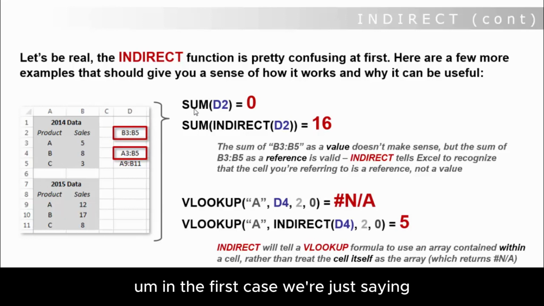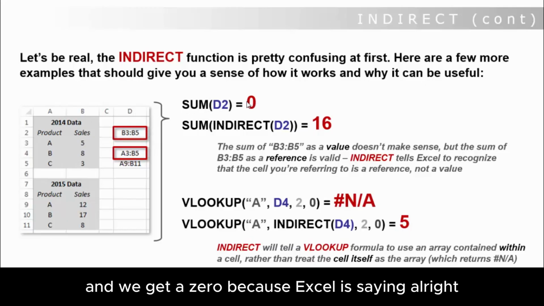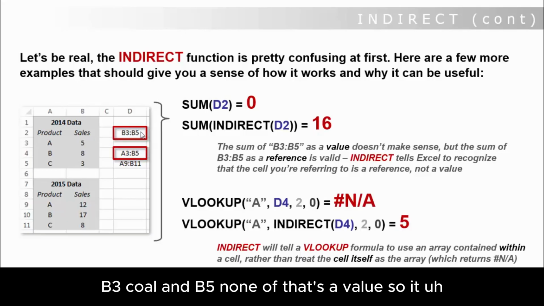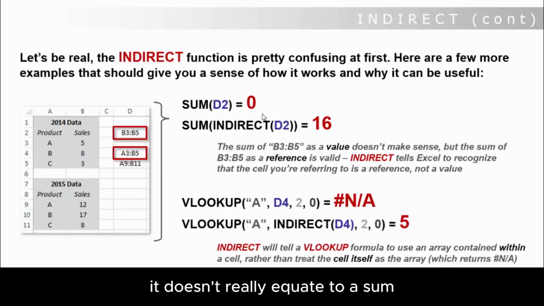In the first case, we're just saying, what's the sum of cell D2? And we get a 0 because Excel is saying, all right, well, D2 just contains a bunch of text in it, B3:B5. None of that's a value, so it doesn't really equate to a sum, so it's going to return a 0. But if you say SUM(INDIRECT(D2)),